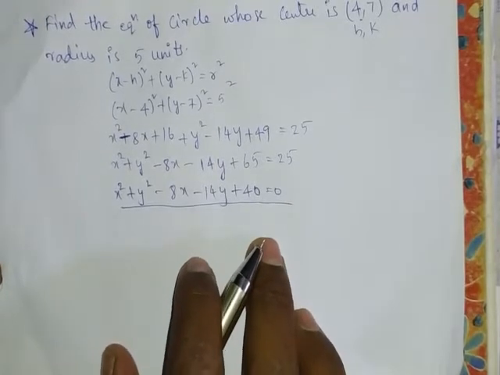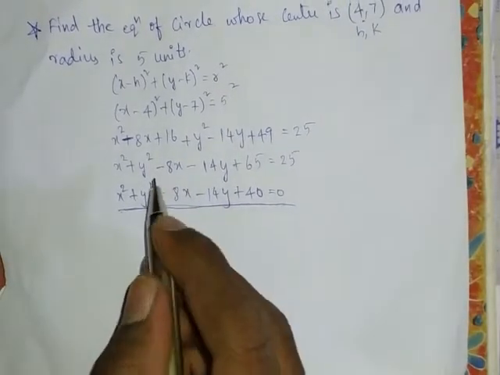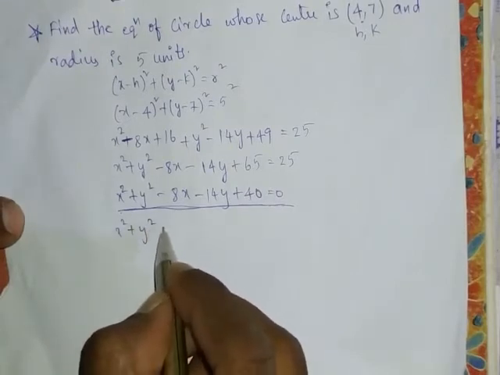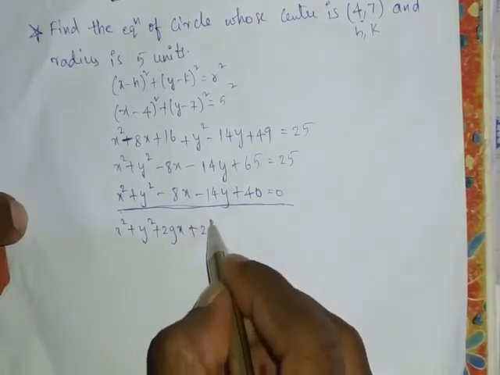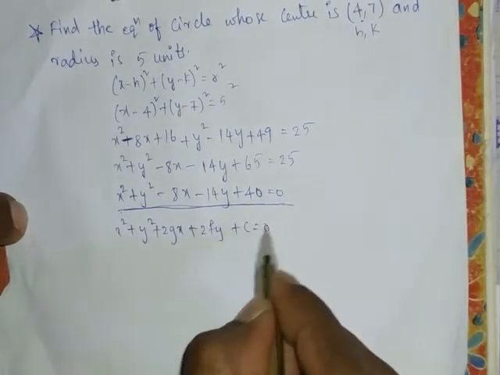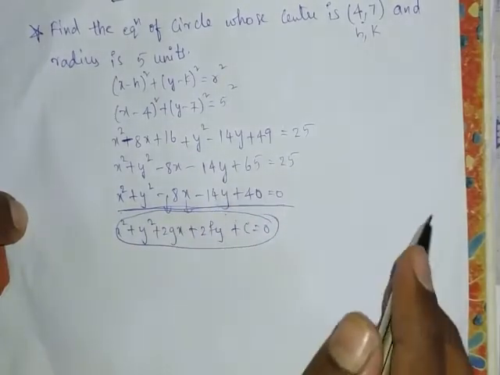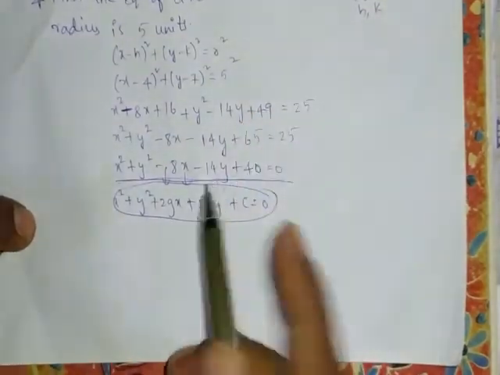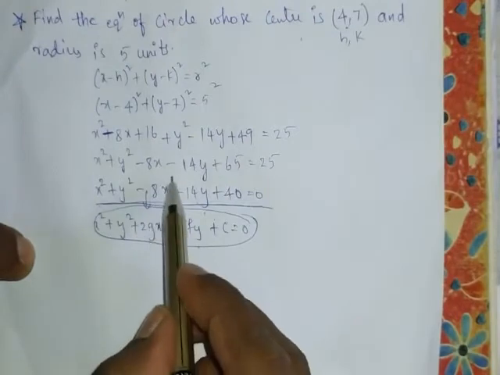There is another, in which form? Now if you observe this, this is in the form of x square plus y square plus 2gx plus 2fy plus c is equal to 0. There is nothing to get confused about. I'll show how it is in this form, so let us expand this one. If they give this center and this radius, we are going to find this equation.